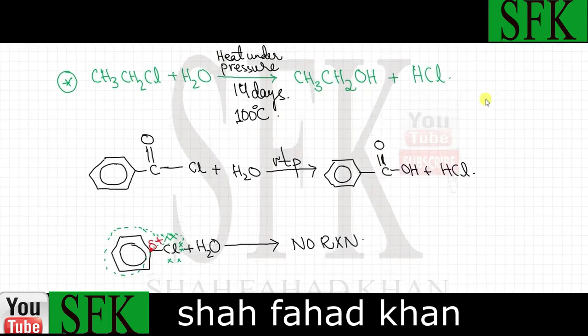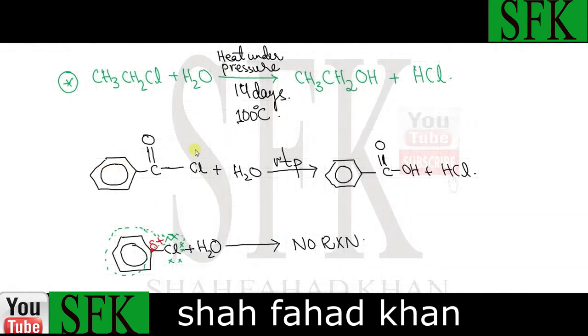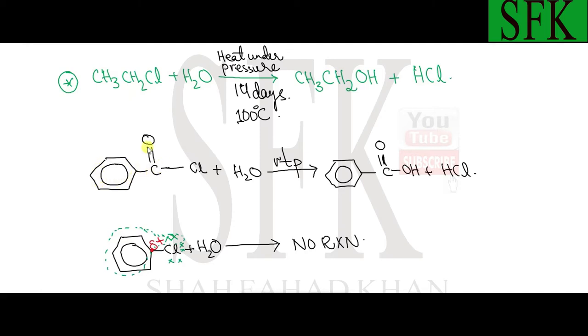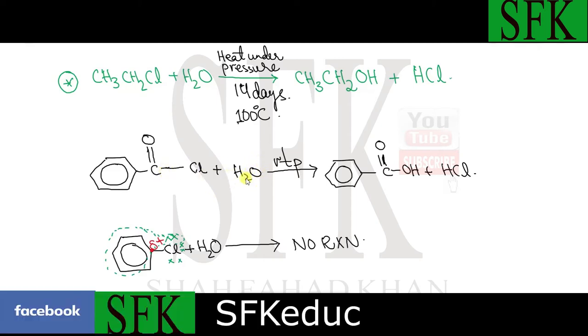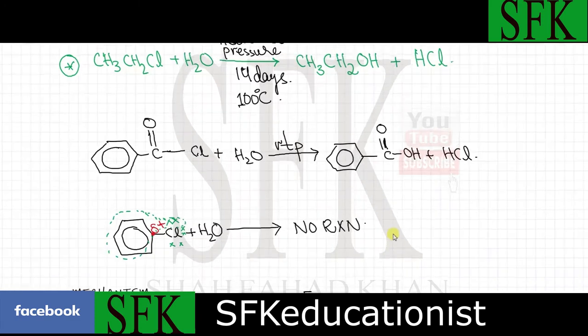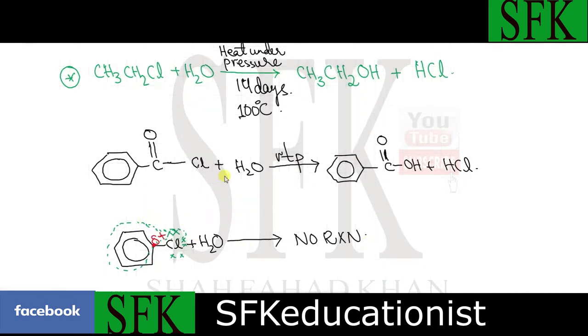Now let's look at another example. We have benzoyl chloride over here, basically the acyl chloride containing a benzene ring and a carbon double bonded to oxygen with a chlorine atom attached. Okay, now in this case water is again used as a nucleophile. Water again will give its OH to the carbon atom, forming the corresponding carboxylic acid over here, and HCl is again given as a byproduct, and again no special conditions, RTP, is used. So this basically means again that the acyl chloride is very reactive, whereas if we react the water molecule